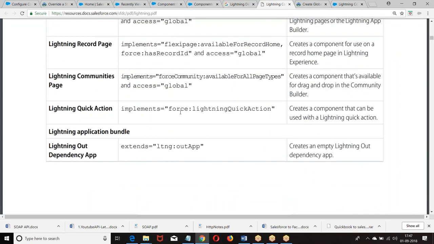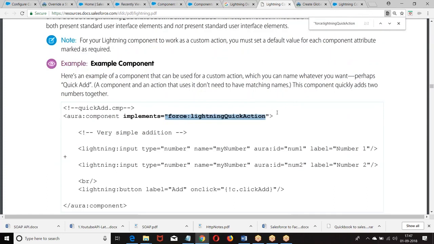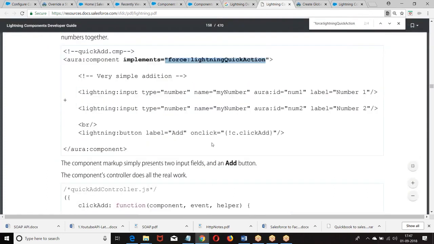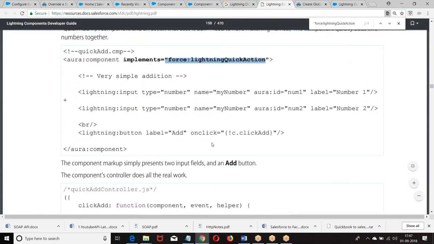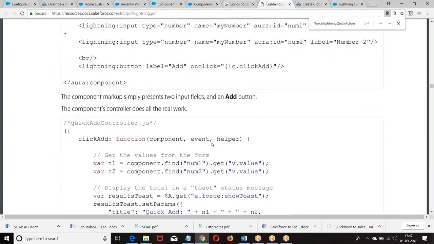Only the components which implement this interface can be used as global action components. Only those components which implement the lightning quick action interface can be used as a global action.